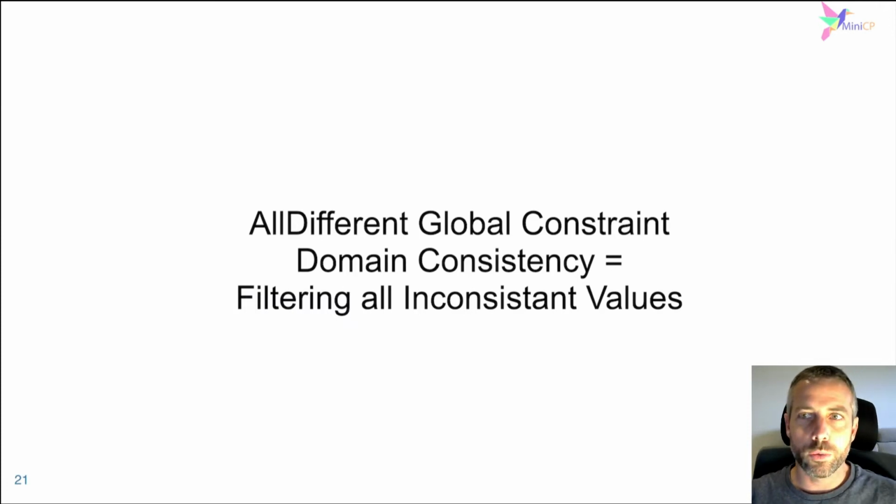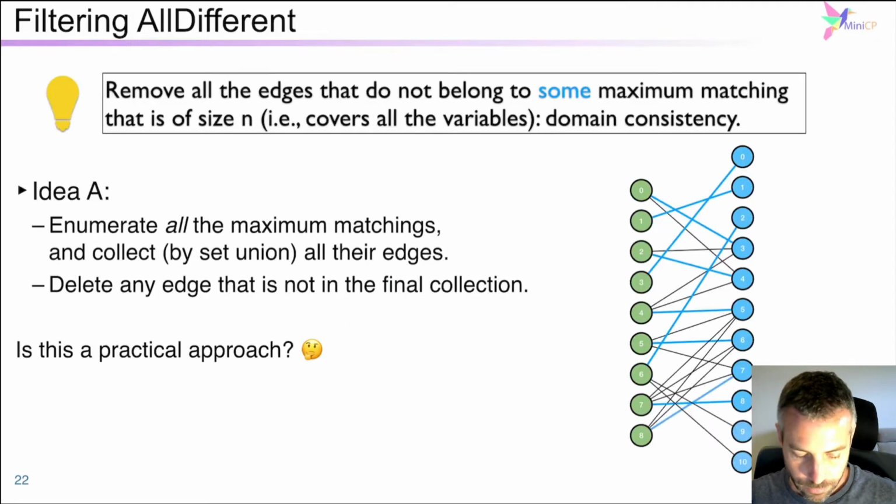In the previous video, we have seen how to detect infeasibility of the global AllDifferent constraint, but we still have to decide how to implement the filtering, that is the removal of all the inconsistent values of the AllDifferent constraint to achieve what we call the domain consistency. So a first idea that you might come up with, since the feasibility check is performed with the maximum matching, is